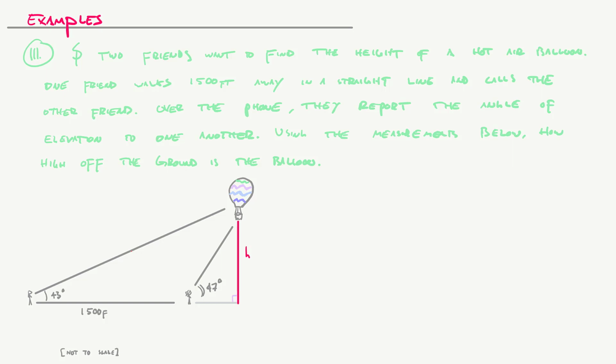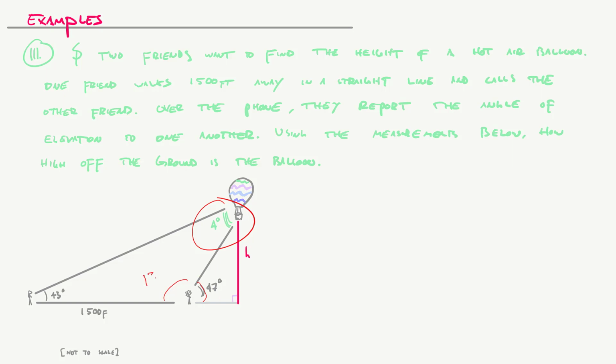So this friend tells the other friend, I'm looking up at an angle of elevation of 43 degrees. And then this friend reports back that she's looking up at an angle of elevation of 47 degrees. Given that they're 1,500 feet apart, we can find the height of the balloon. By the way, how did I know this? That's probably your question. Well, I took 180 because this angle here is supplementary to this one, meaning that they add up to 180 degrees. So I did 180 minus 47, which is